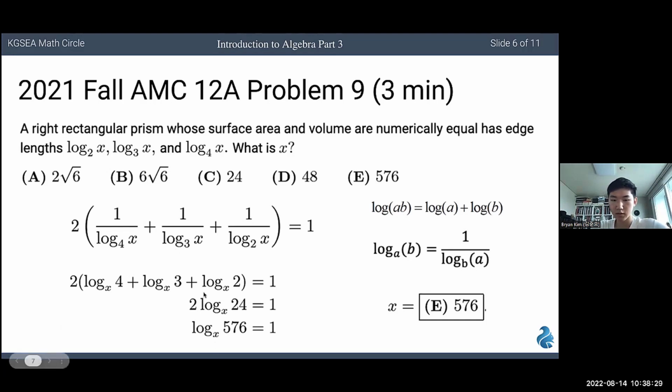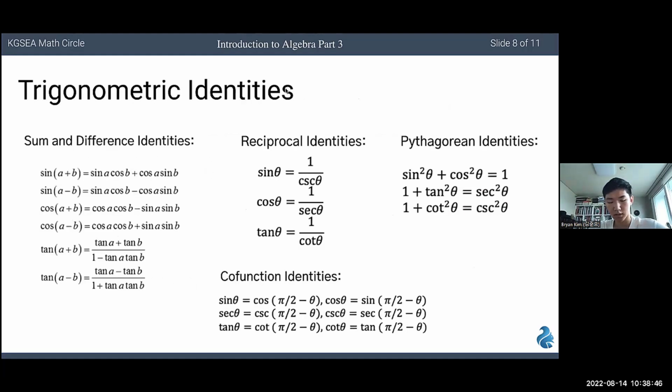And from there, you can get that log 576 base x equals 1. And through that, you can conclude that x equals 576, which is answer choice E. Okay, so that concludes